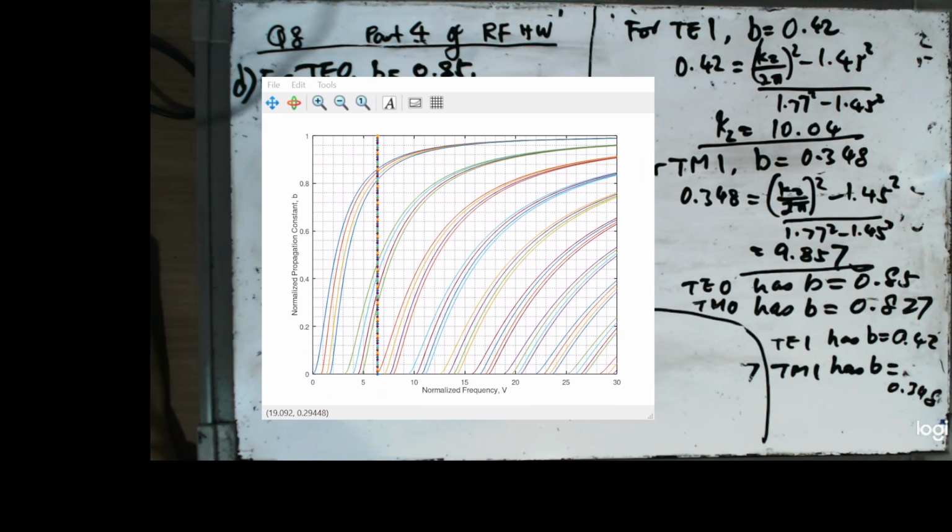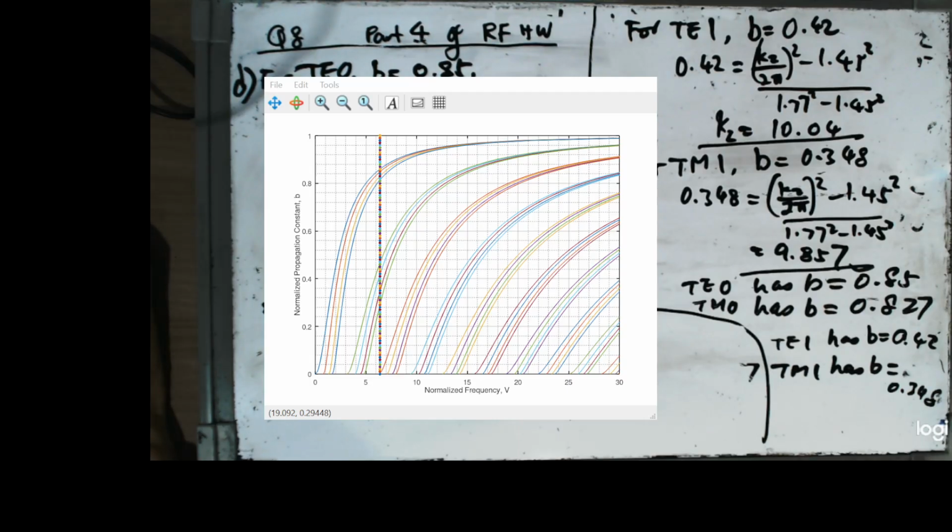So you are now going back to the figure. Now, let me explain to you. You can see here, TE1 has the lowest value of B. So if you scan this vertical line towards the left,